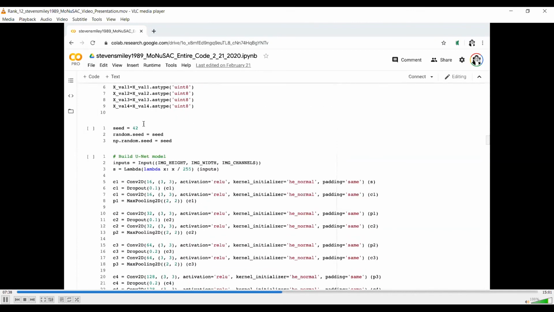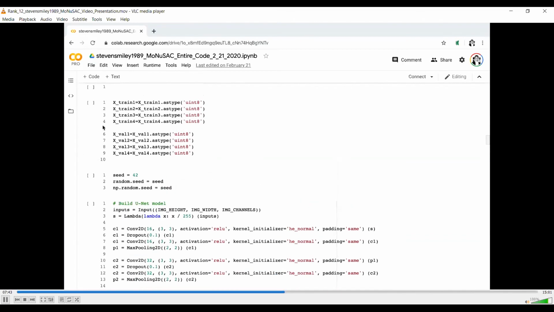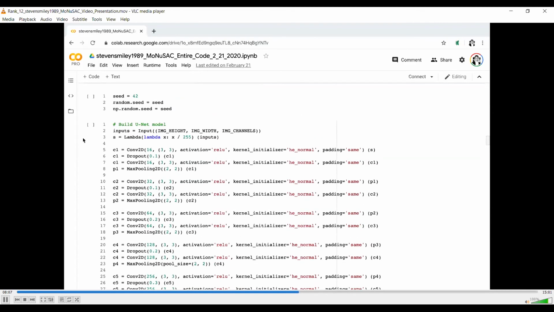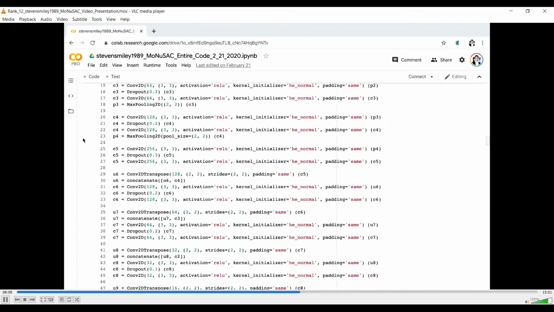One key to this problem was, if you're going to use that data augmentation function from Keras, then you want to do this random seed setting after you do that. This is so that you can have a consistent model. If you don't set the random seed to a set state, then every time you go back and see what you did, you might not see the same results. It'd be close, but not the exact same. So that's why I set it like that.